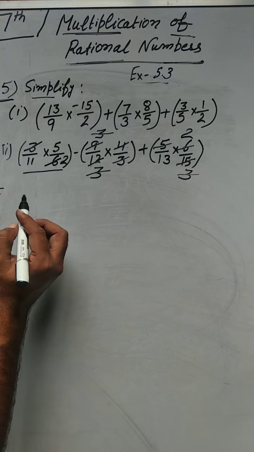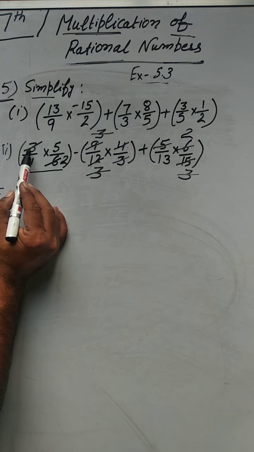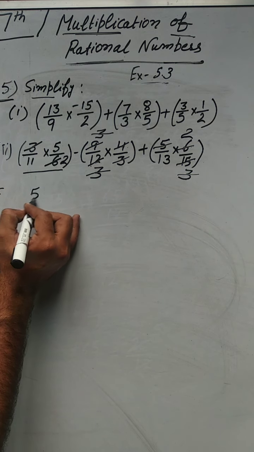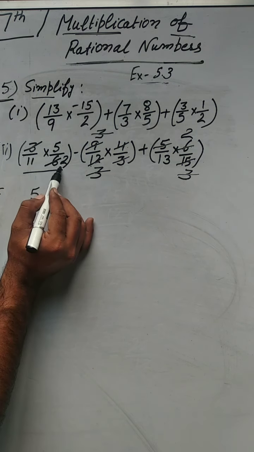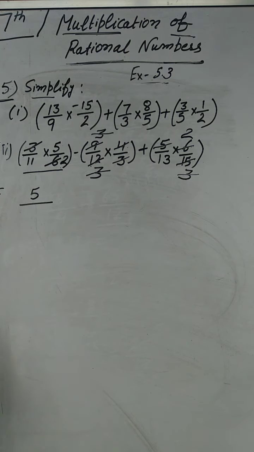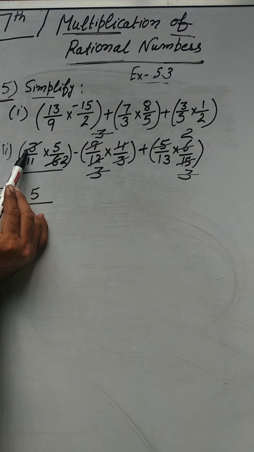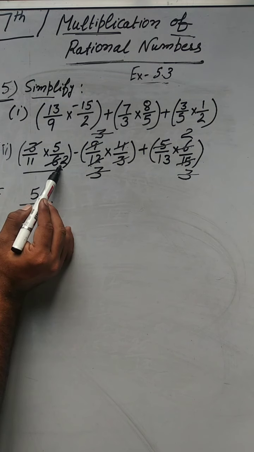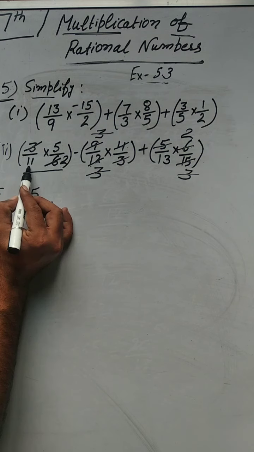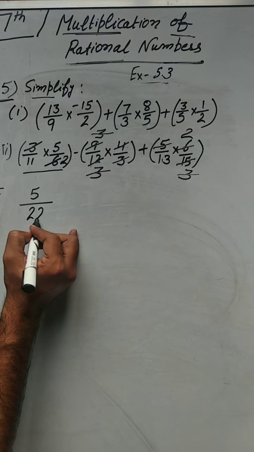Now whatever is pending, write here. Now beta, look here. Here 1 multiply 5. It will be 5 because 3 is cancelled on the table of 2. Okay? Here beta, 3 is cancelled with 6. 3 2s are 6. So 3 here is 1. 1 multiply 5, 5. And 11 multiply 2 beta, 22.